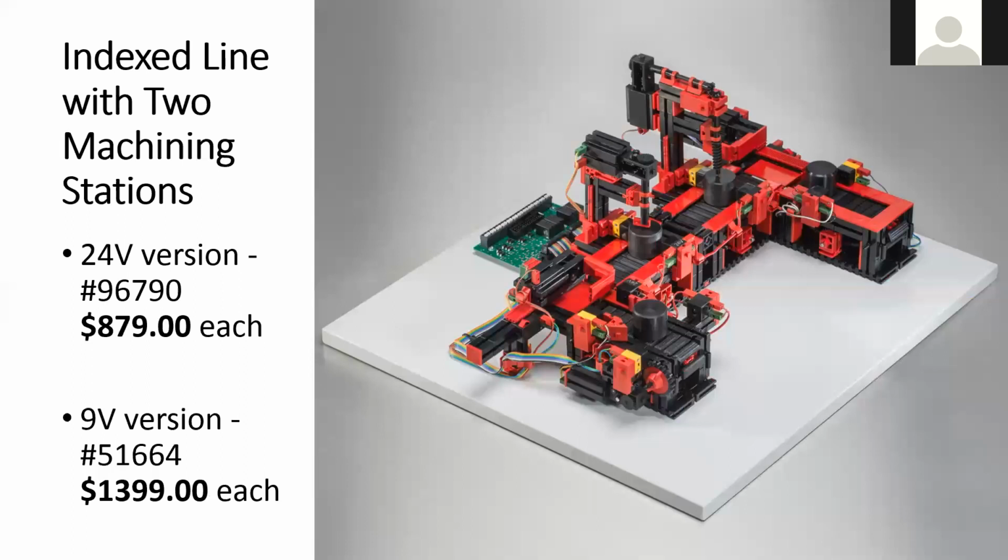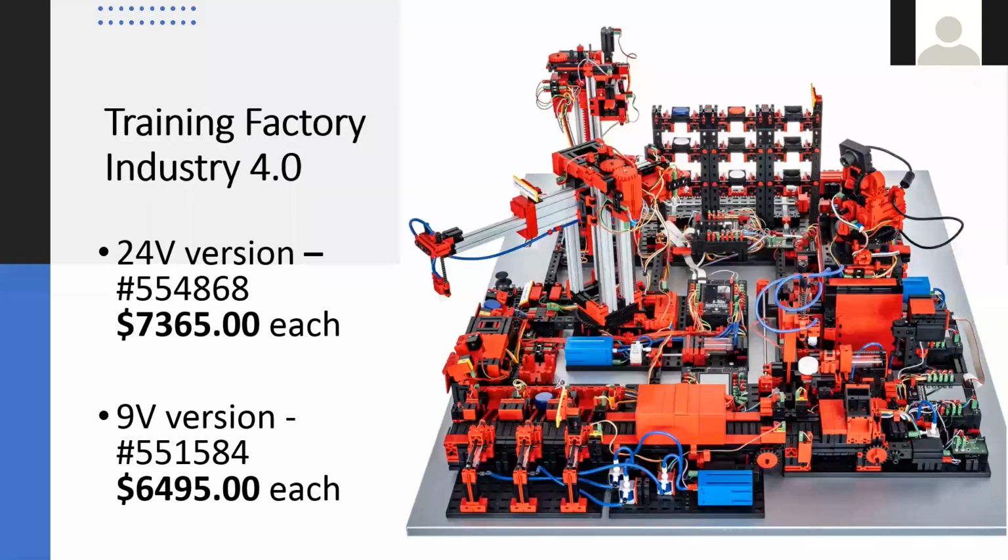The index line with 2 machining stations in the 24-volt version is $879 each, and the 9-volt version is $1,399 each. And the star of our show today, the Training Factory Industry 4.0 for exploring, demonstrating, and understanding IoT